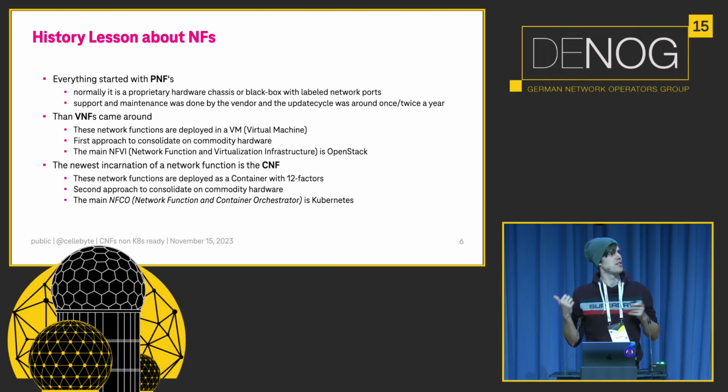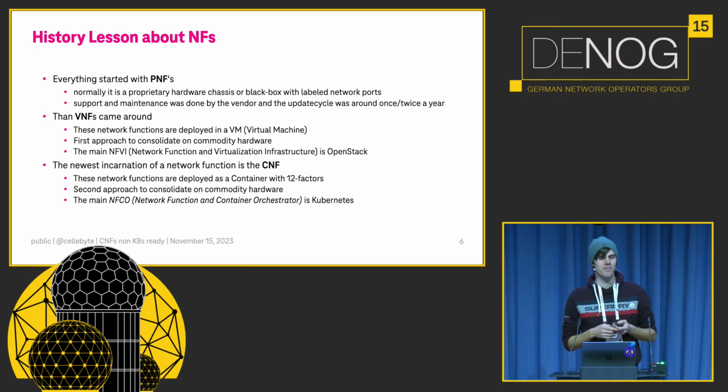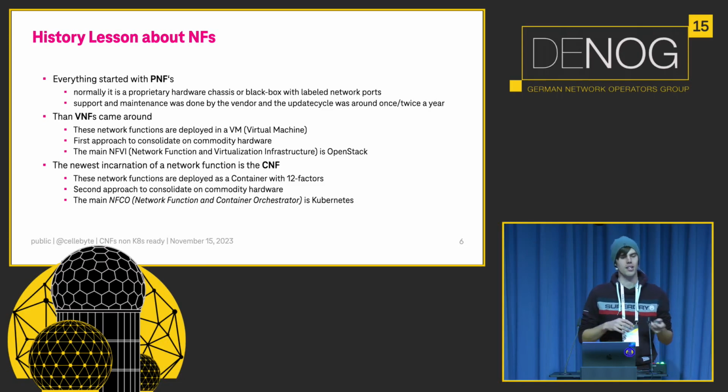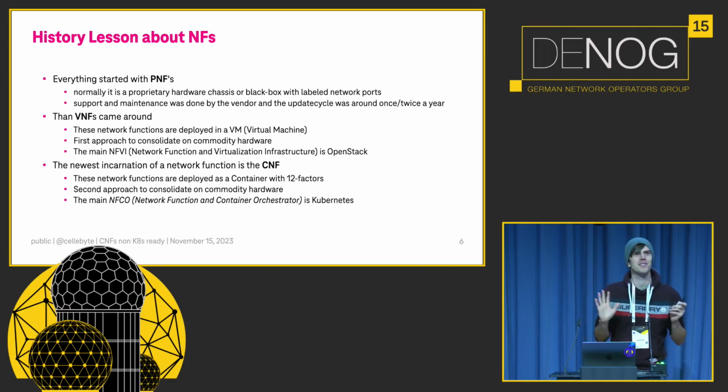And now we are in the newest era. They thought, oh, VMs are so big, huge, and it's not easy to schedule them, so let's put everything in containers. Deploy it with the 12 factors, and that is now the second approach to run network functions. And I made something up, so I called it now an NFCO, a network function and container orchestrator. This term doesn't exist, so,